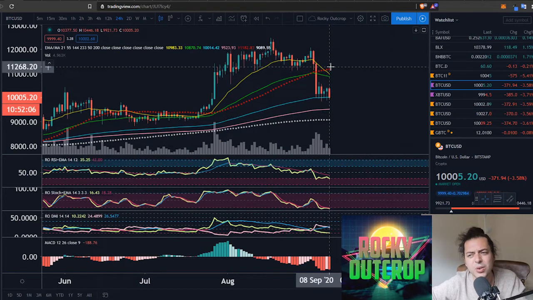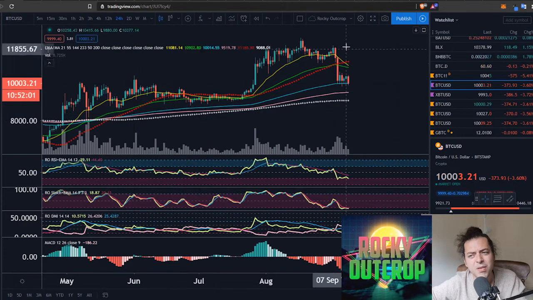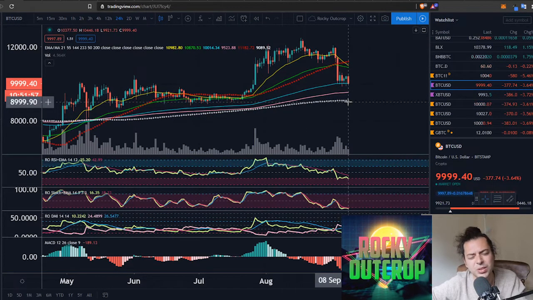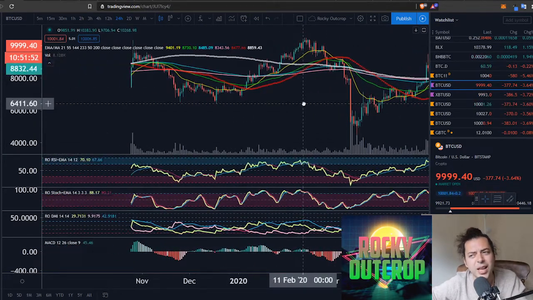What we have here on the 24-hour time frame is a golden cross that happened all the way back over here on the 21st of May. We've come down, busted through the 50 simple moving average, and we haven't actually tested the 200 simple moving average since we had a golden cross over here. If I go back over to the last time there was a golden cross,